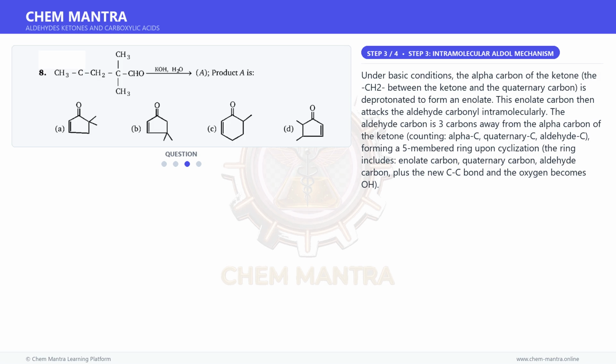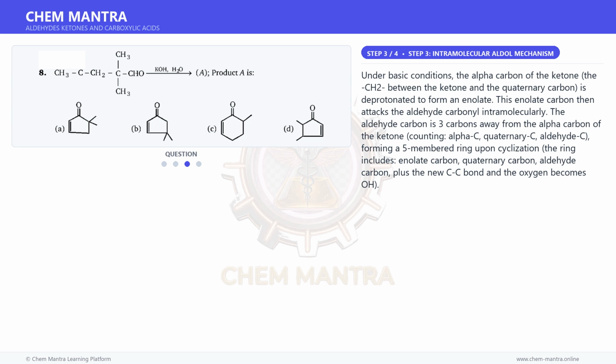Under basic conditions, the alpha carbon of the ketone, the CH2 between the ketone and the quaternary carbon, is deprotonated to form an enolate. This enolate carbon then attacks the aldehyde carbonyl intramolecularly. The aldehyde carbon is 3 carbons away from the alpha carbon of the ketone, counting alpha C, quaternary C, aldehyde C, forming a 5-membered ring upon cyclization. The ring includes the enolate carbon, quaternary carbon, aldehyde carbon, plus the new C-C bond, and the oxygen becomes